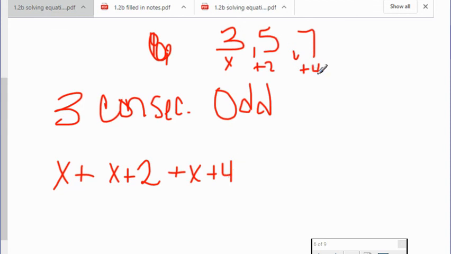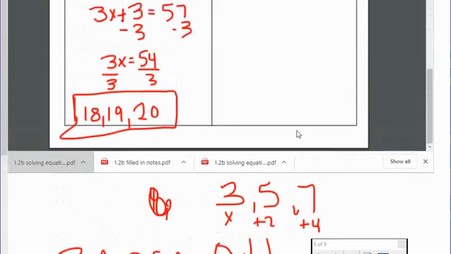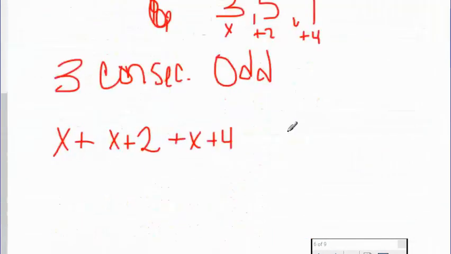I don't know if they're going to throw that at you today, but I just wanted to make sure in case they do that. But basically, we're just solving equations with one variable today. Are there any questions